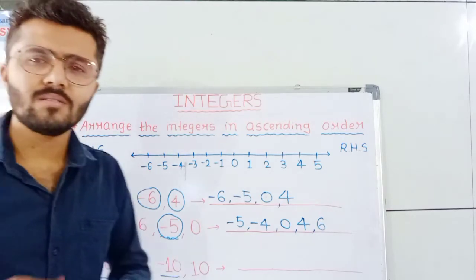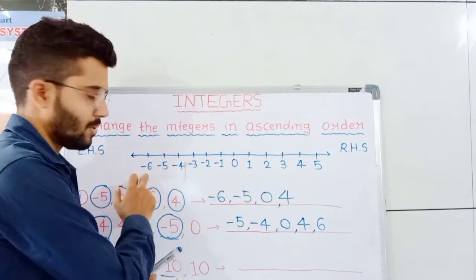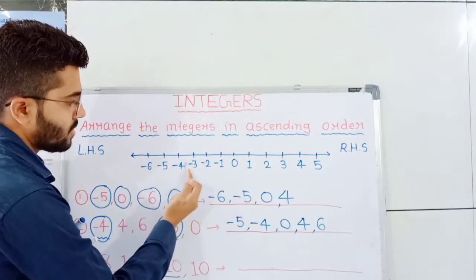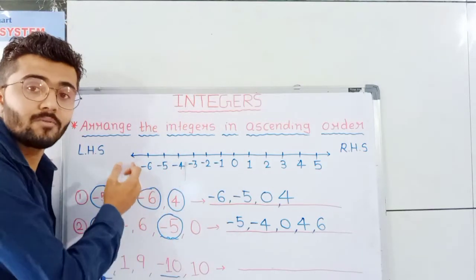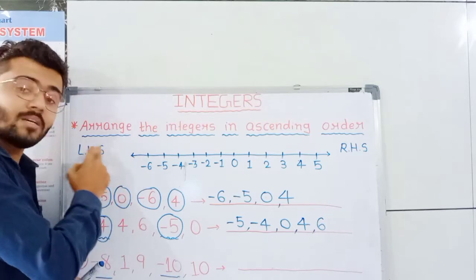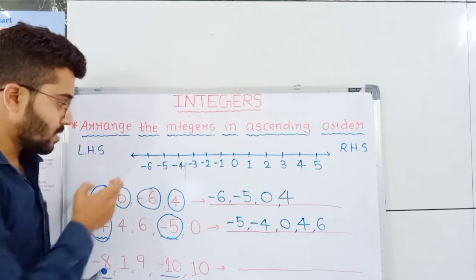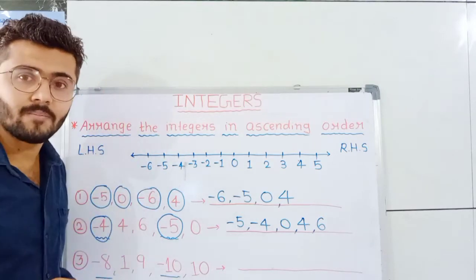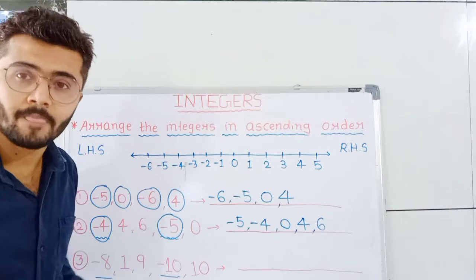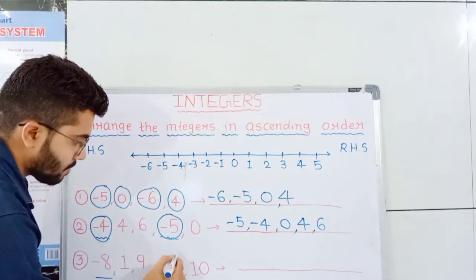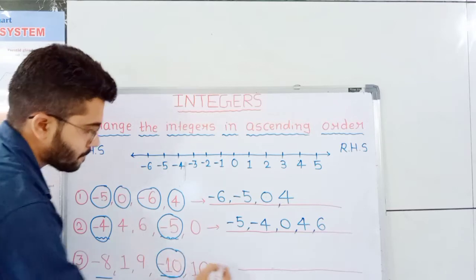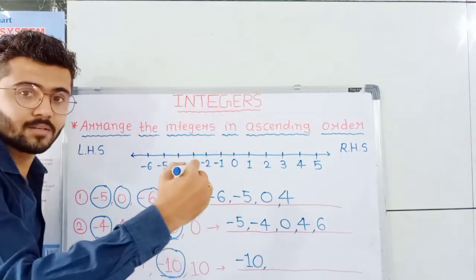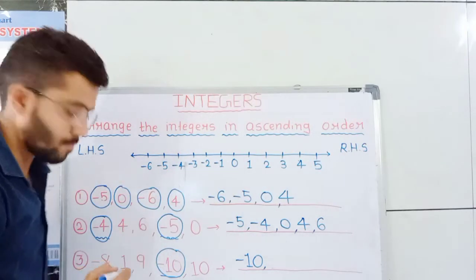Okay, so you can just imagine here number line में तो सिर्फ minus 6 तक दिया है, but you can think minus 1, minus 2, minus 3, minus 4, minus 5, minus 6, minus 7, minus 8. minus 8 के बाद minus 10 आता है, उसका मतलब है minus 10 है वो minus 8 के लेफ्ट हैंड साइड है, तो इन दोनों में से छोटा कौन सा हुआ? minus 10. So we will write minus 10 first. फिर minus 10 के राइट हैंड साइड कौन सा नंबर था? minus 8.